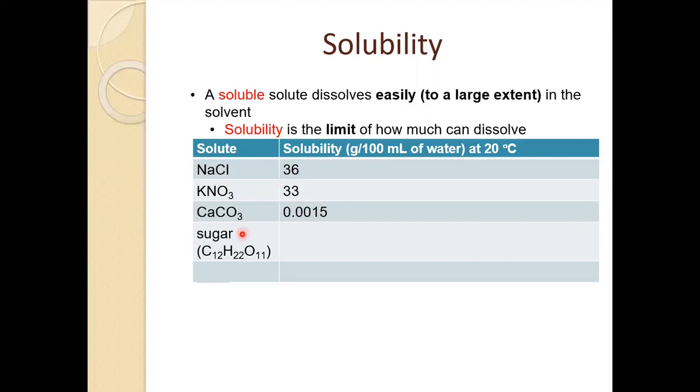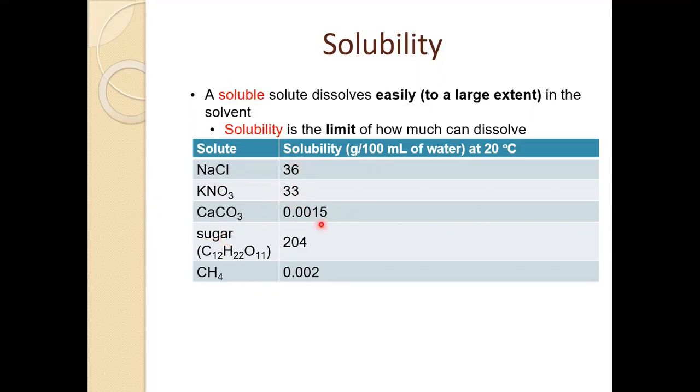Same comparisons for molecular compounds. Table sugar has a very high solubility. Over 200 grams of table sugar will dissolve in less than half a cup of water. Whereas another molecular compound known as methane, natural gas, only dissolves to a very limited extent, 0.002 grams per 100 milliliters of water. So substances such as sodium chloride, potassium nitrate, and sugar are called soluble,